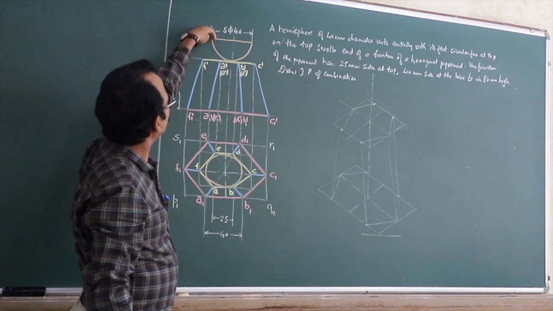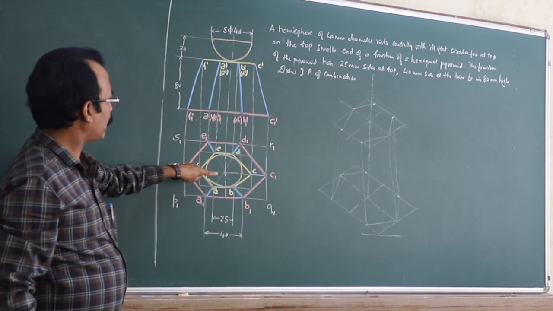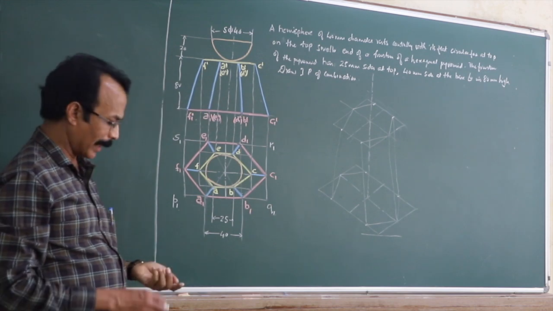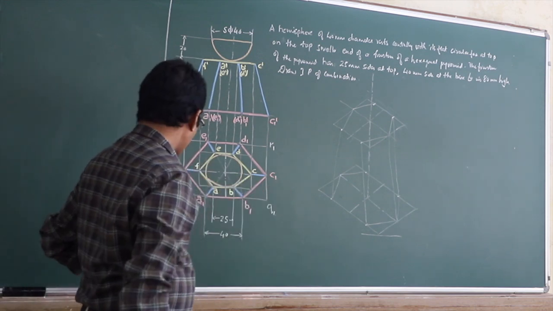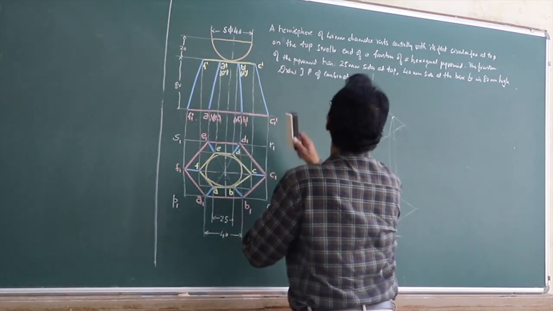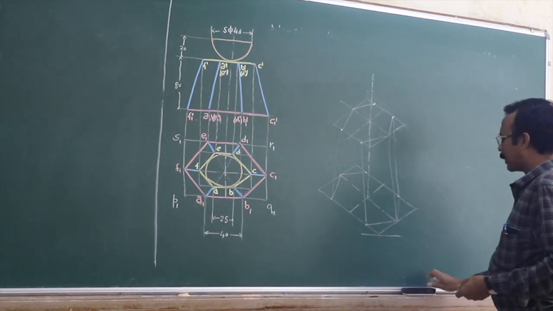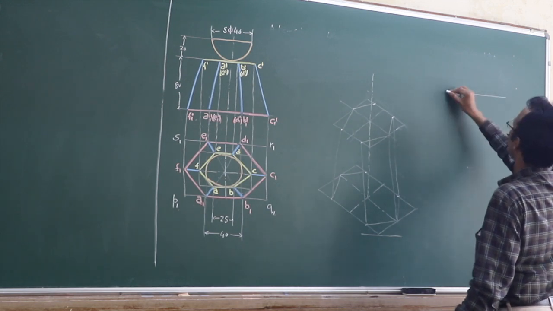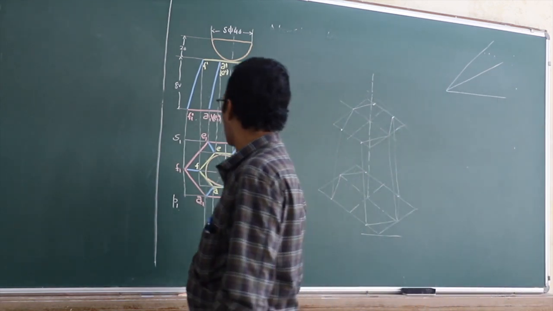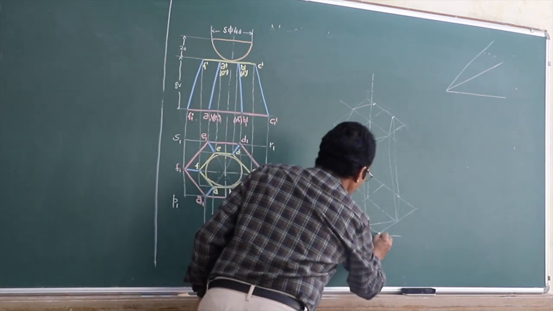Then in the top view, this hemisphere will be seen as a circle here. So this is the method to draw the top view and front view of the combination of solids. Then you have to draw its isometric projection. As I have told you, first step is you draw the isometric scale. This is the common procedure which I have told you from the beginning. Now you see, I will start from this bottom right corner, that is Q1. So mark Q1 here.